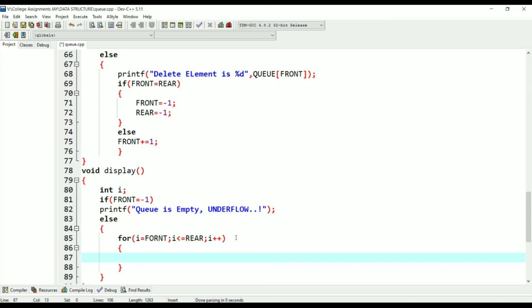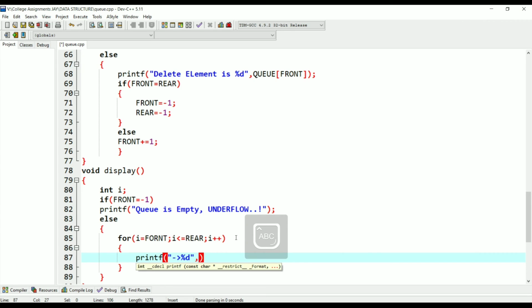use the print function, printf, and we will print the element. For a nice look, we will take help of an arrow, so that every element will look like a train compartment.